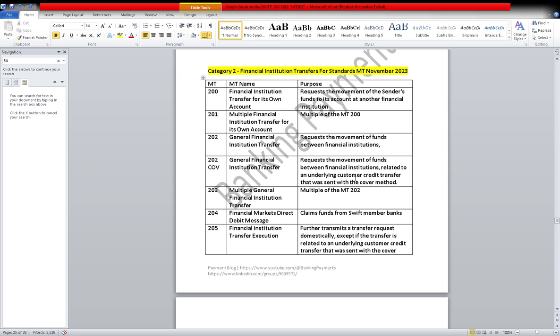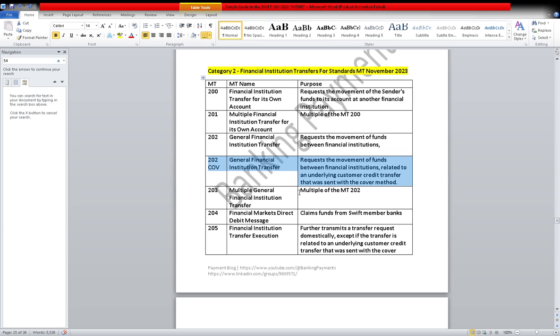And take my word, there is always one question here. It is always a part of discussion. When you are giving a discussion to someone, or when someone wants to check your understanding, at that time this question is definitely asked, or this concept needs to be explained by you: can you explain the MT202 cover of a bank? MT202 cover payment of a bank, that thing. So we are going to see that also today in detail, how that is working.